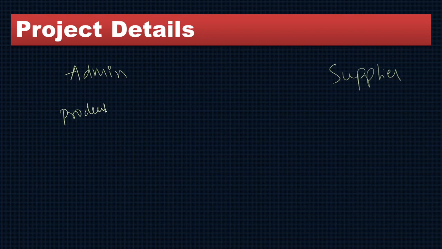The two modules are important. One is the admin module for the company. The other one is the vendor or supplier module. So admin login, main page. In the main page, here is the requirement, so product requirement. What is the product and how much quantity? That is what you need to write, all the specifications related to this particular product.